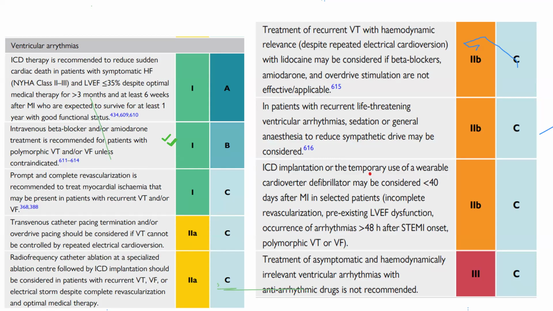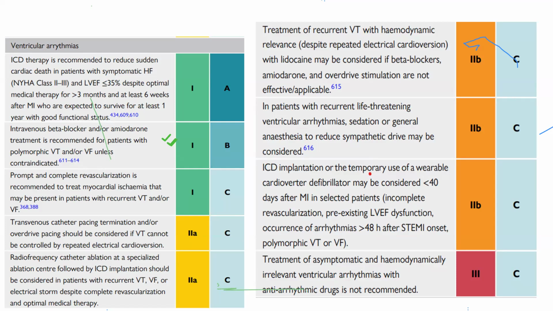So this was mentioned yesterday by our colleague, Dr. Kumia, when it came to the device therapy in heart failure. So we should take note the cutoff EF is less than or equal to 35%, symptomatic HF plus New York Heart Association class 2, 3, and they should have been on optimal medical therapy for at least 3 months and at least 6 weeks after the MI. Within 48 hours of the MI is not an indication to put in an ICD if the patient gets an arrhythmia.